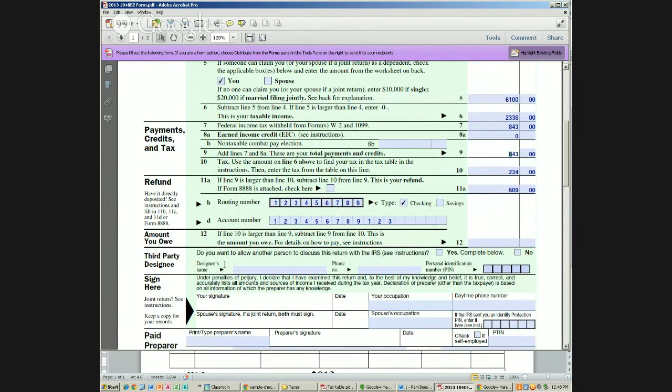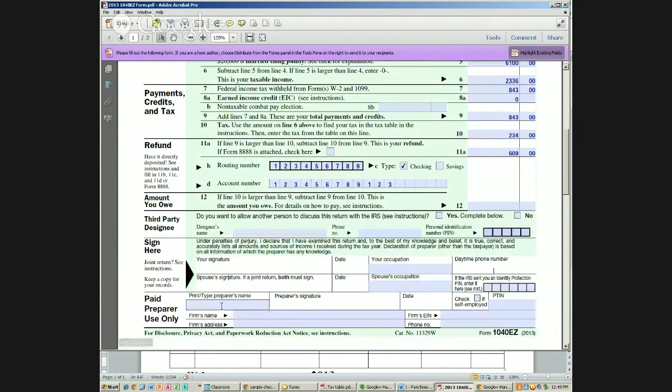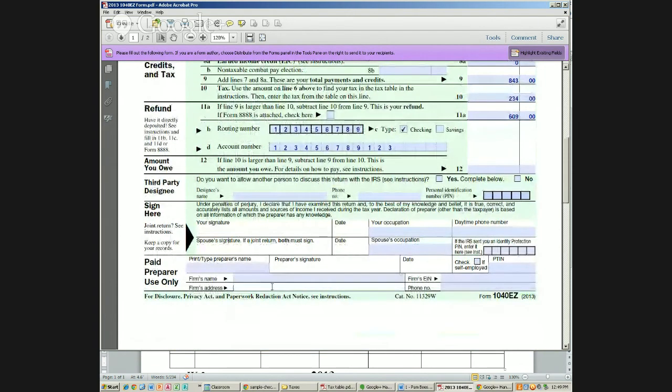Okay. So then you would complete this. You would sign your name, your occupation. She works at Subway. Phone number. All right. This is the person that prepared it for them. So if I did this, this is where my name would go. All right. So go ahead and fill out this bottom. The reason I want you to practice filling out the bottom is because when you take the test on taxes, each part of these things, even at the bottom, is worth points. All right.